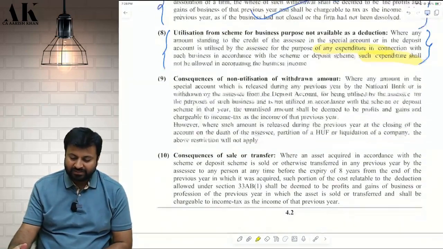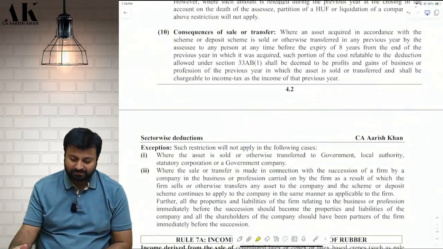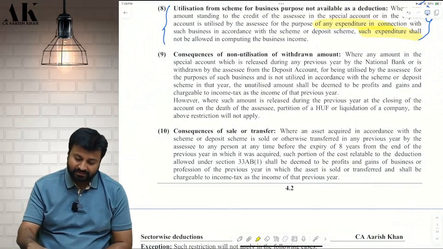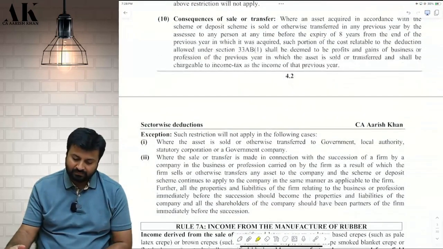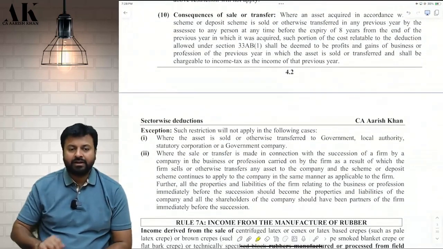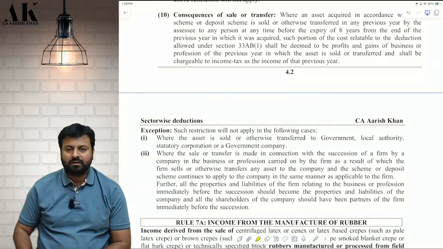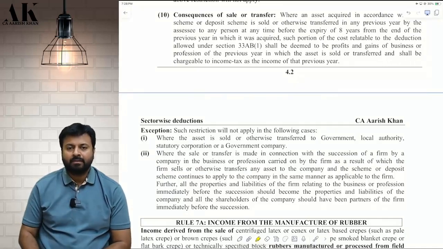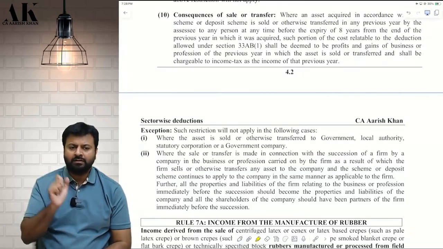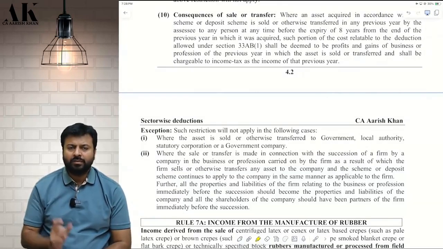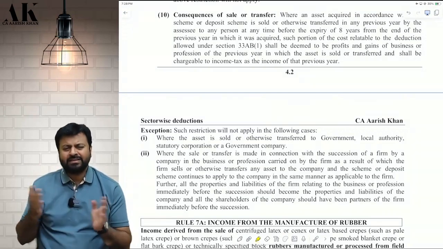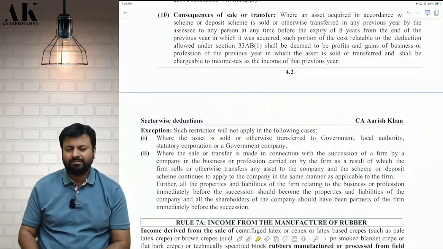So this is what this great paragraph is all about. Next. Point number 10. Listen, suppose you bought a land. Now there is a lock-in period on the land. How much is the lock-in period? 8 years. I very simply said you cannot sell for 8 years. You also didn't ask me any